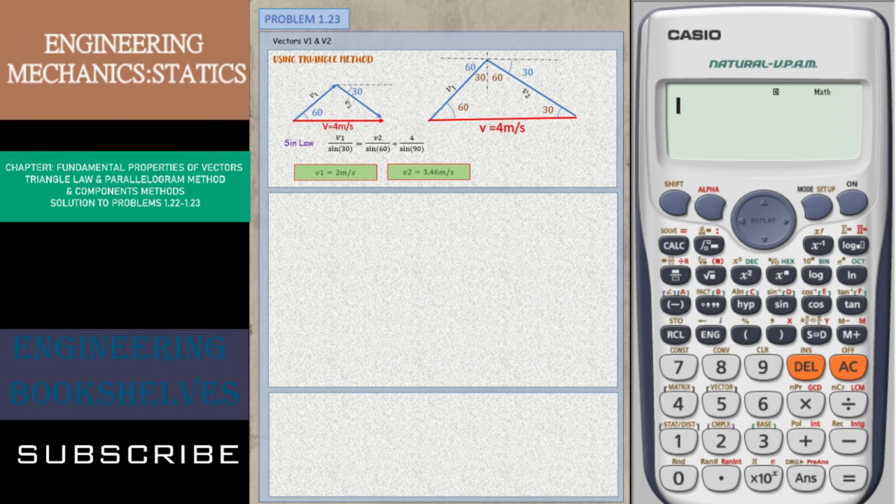For the parallelogram method, we're just going to put our given. So V1 is at 60 degrees, V2 at 30 degrees. For the parallelogram, we are going to create a parallelogram here, and this is our V equals 4 meter per second. So it will be just like this. The angle here, of course, will be 90 degrees, and this is actually 30, 60, so therefore this is 30, 60,